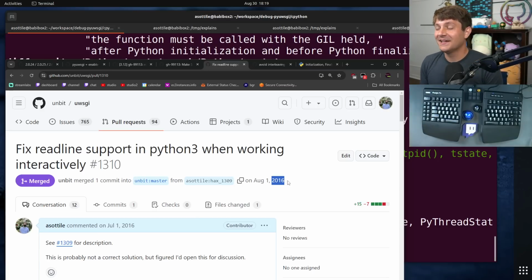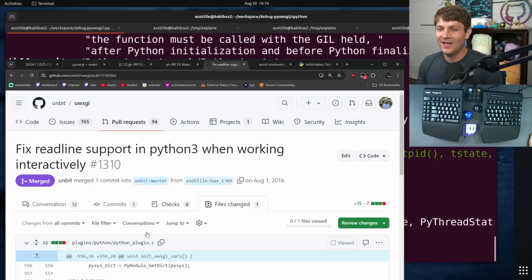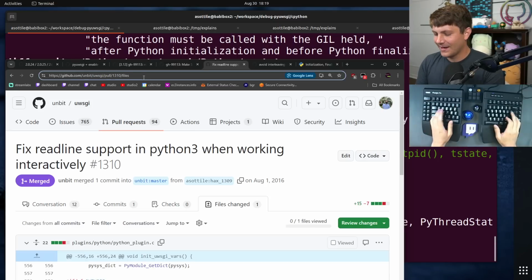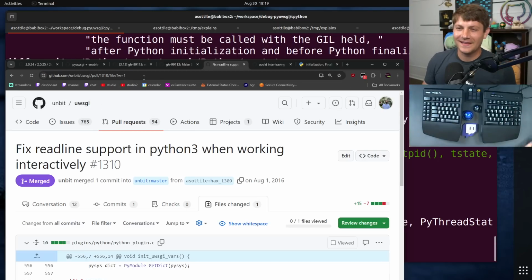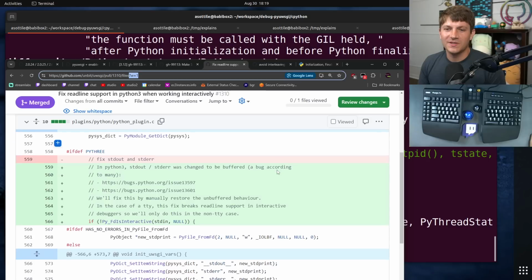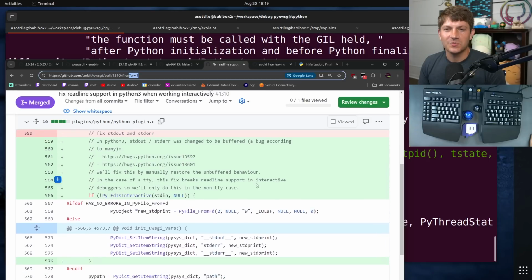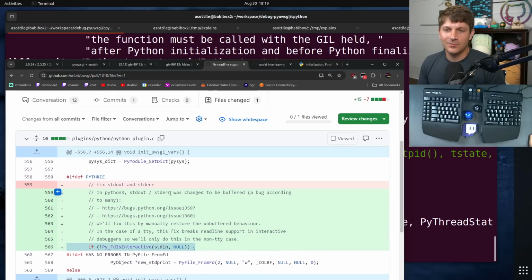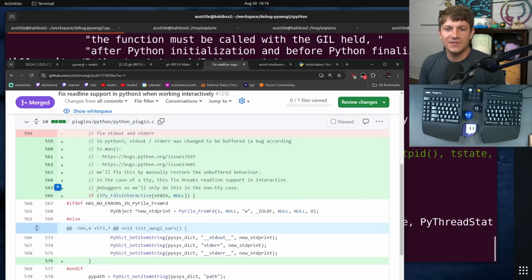And this was a very, very long time ago, before I really understood open source. Despite this patch fixing a problem, I'm not going to read through the comments because I was not the best open source citizen. But I'll let you open this up and read through it if you want to. Anyway, I'm putting this in whitespace only mode because the patch is a lot harder to see without that. Basically, I adjusted uWSGI's behavior to only happen in an interactive state,